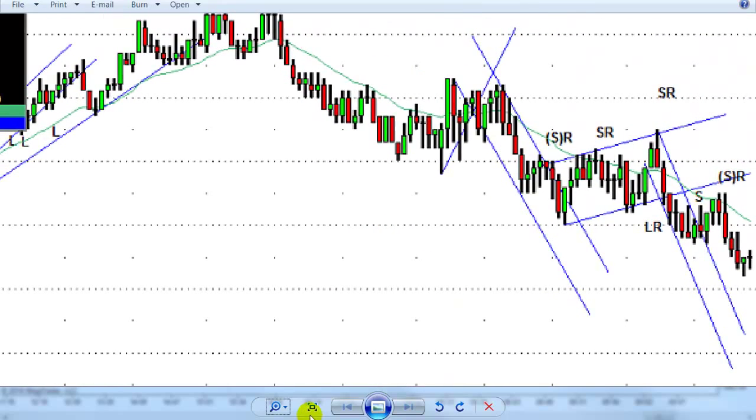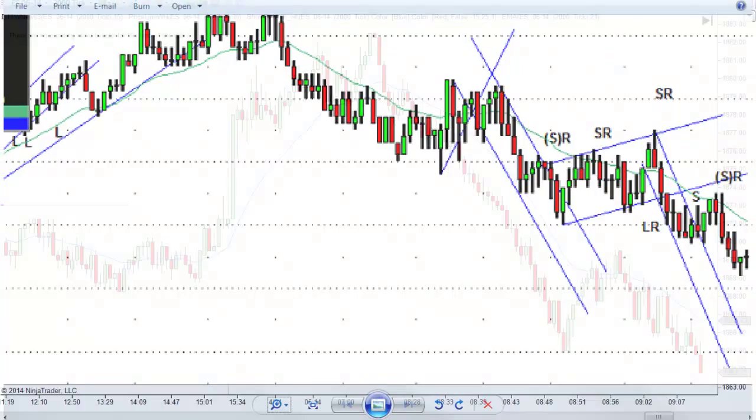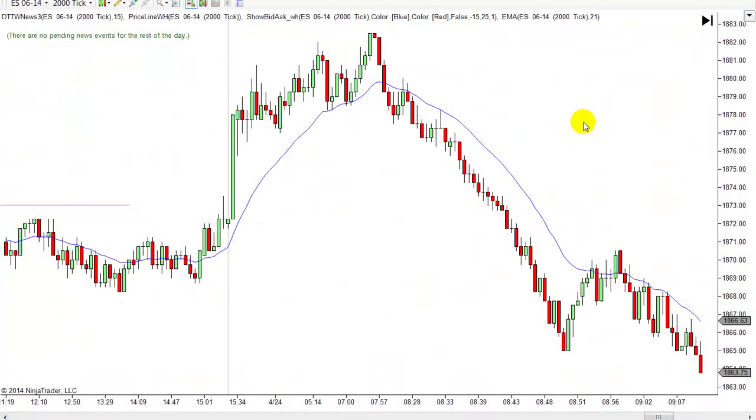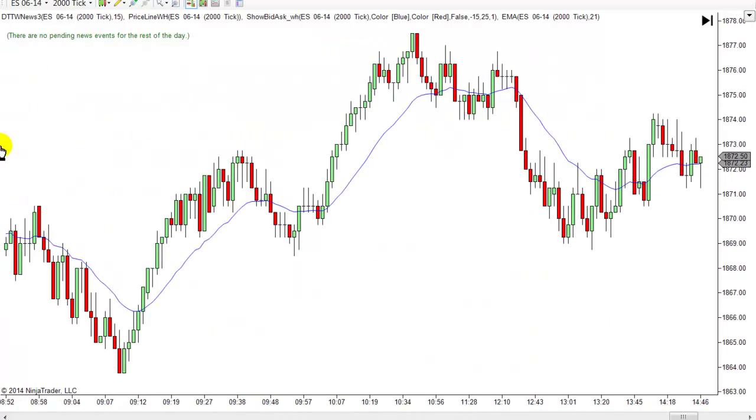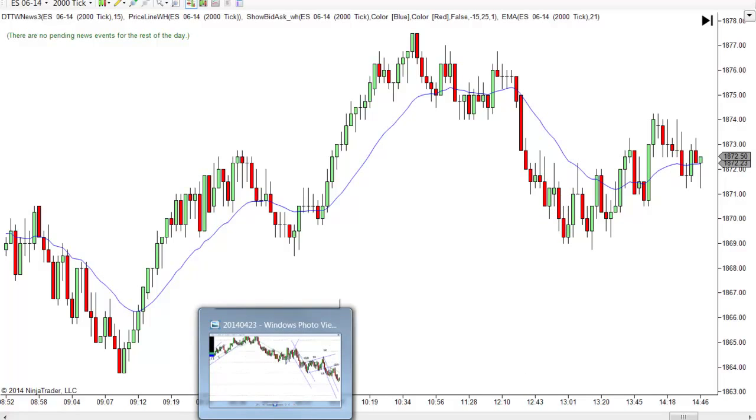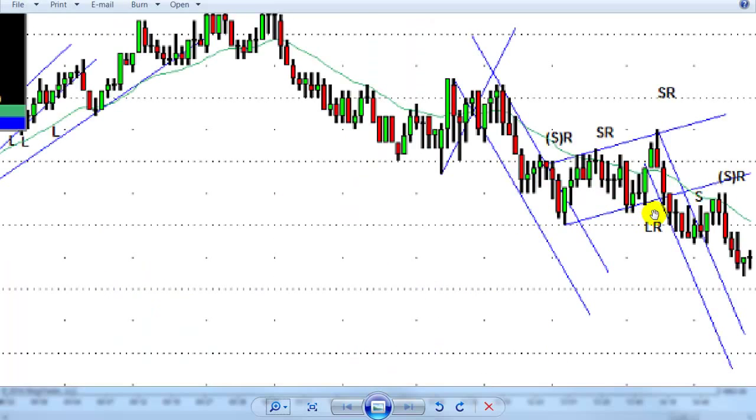And let me just compare that to my chart. This is where he did it right here, I guess, on that little break lower right there. Or no, it must have been... I can't figure out where it is on my chart. I'm sorry. But anyway, there it is